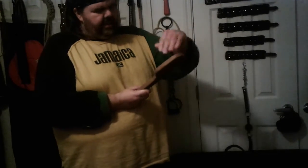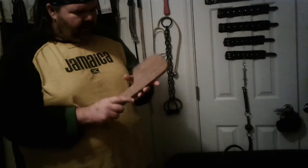This is one of the toys that I actually made. A friend was making a large paddle for her master. It was originally supposed to be like that, but this piece of wood, this kind of expensive wood, she had bought several pieces and it shattered right about here. So I took it and redid it, and I was looking at it, this piece kind of jagged out here and stuff. I went, I could do something with that, and I wound up making this,